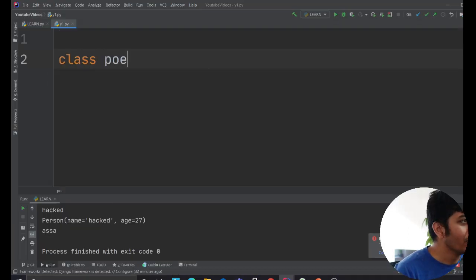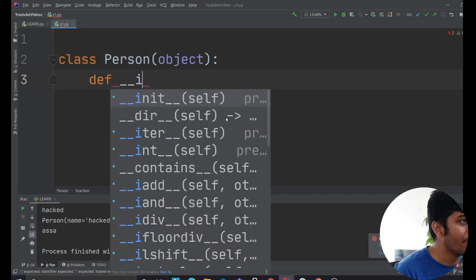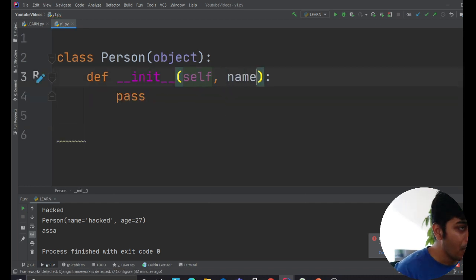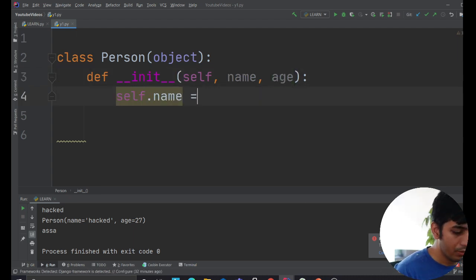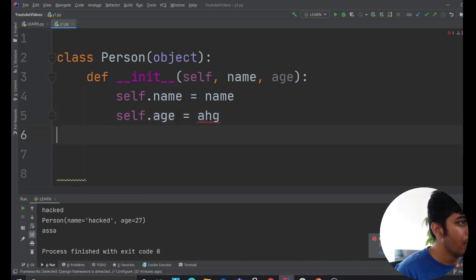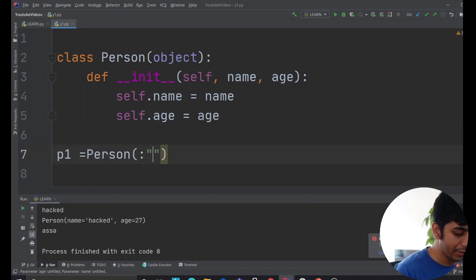Okay, so let's write a class. Say you want to create a data object which is a person class, right? As I said, I'm gonna try my best to keep things very simple. This class takes name and age, right? So you will write a constructor now. Self.age is equal to age. Now I'll show you some of the problems with these things. For example, let's say you want to create an object. That's pretty easy. You write a constructor and then we pass in the arguments, right?